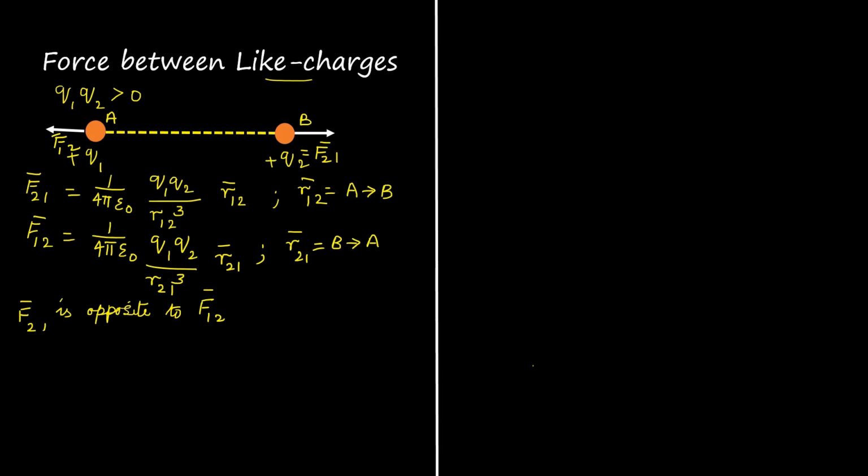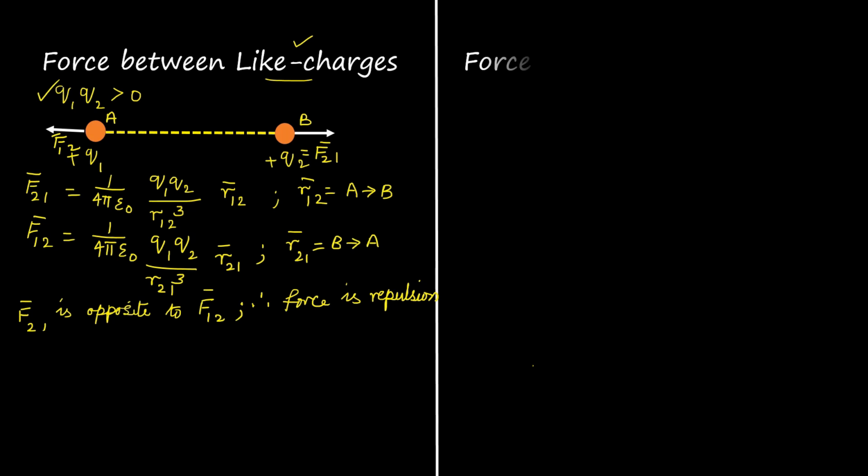As per the diagram, Q1 is equal to Q2. I have shown the size as same. So the forces will be equal but opposite in direction. So the forces get cancelled and the charges will remain in their original position. If they are of different size, the larger charge will push the smaller charge away from it. Anyway, the force between two like charges is repulsion. This is for Q1 Q2 greater than 0.